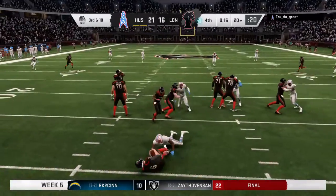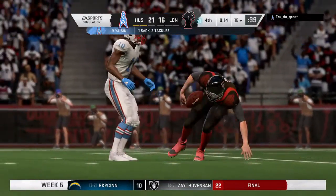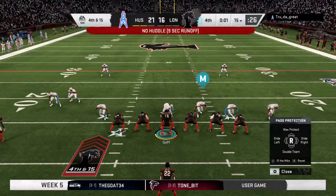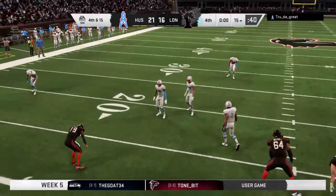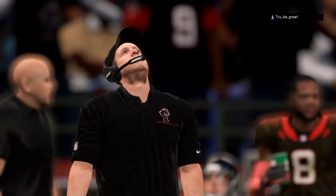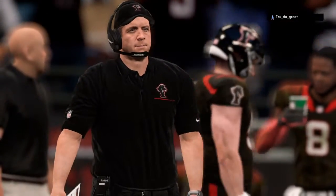Goff now to throw. And he can't get a throw off. He's taken down. What a huge play at this point in the game. Well, we saw a close game that kept us on the edge of our